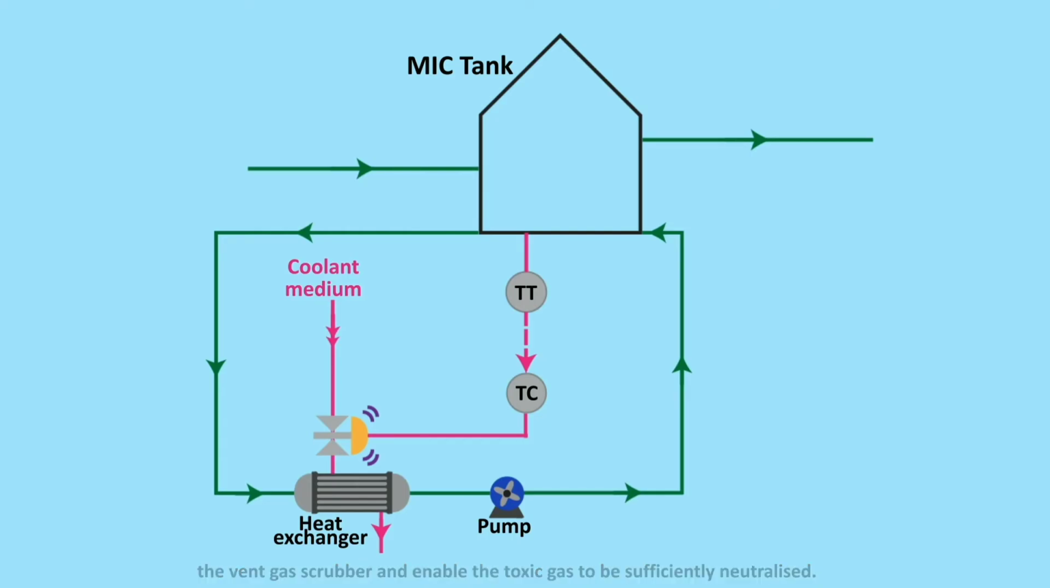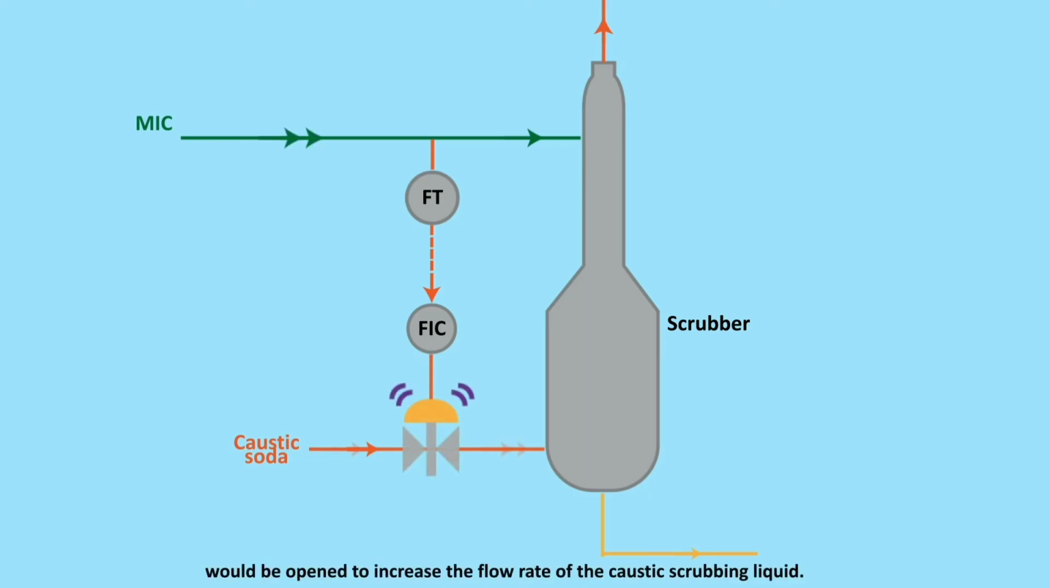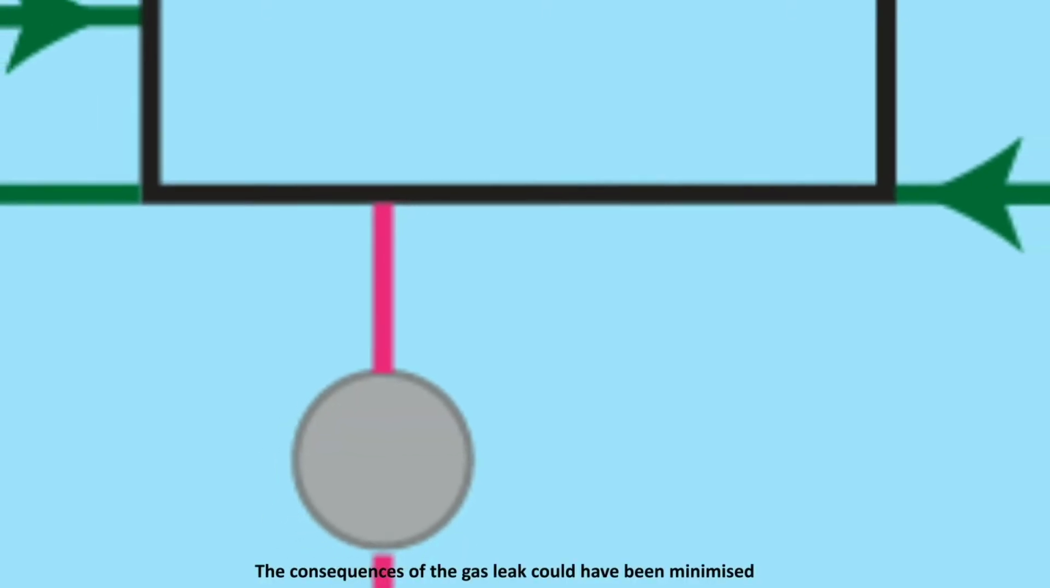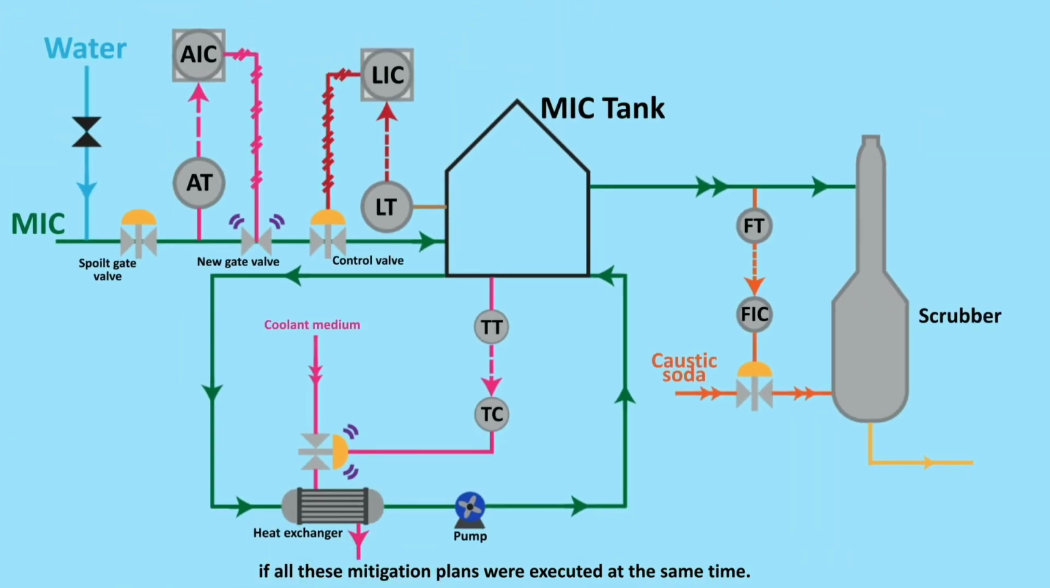to be sufficiently neutralized. Finally, another feedback control system can be implemented in the vent gas scrubber by adding a flow sensor at its inlet. Upon detection of a high flow rate of gas entering, a control valve will be opened to increase the flow rate of the caustic scrubbing liquid. This will allow more toxic gas to be removed before being vented out to the atmosphere. The consequences of the gas leak could have been minimized if all these mitigation plans were executed at the same